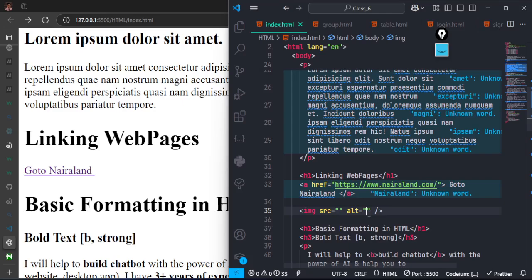Depending on the browser, some browsers are actually going to show an icon for you, but most browsers these days will not even show that icon if you don't use this alt, which is the alternative. So here we can just say "my image". If the image is not showing, it will display this text. But if the image is showing, then this text is not going to come out, because it's an alternative. It is when the image is not showing to the user that the text is going to come out. And as you can see now, it's not showing my image here because we did not pass anything inside